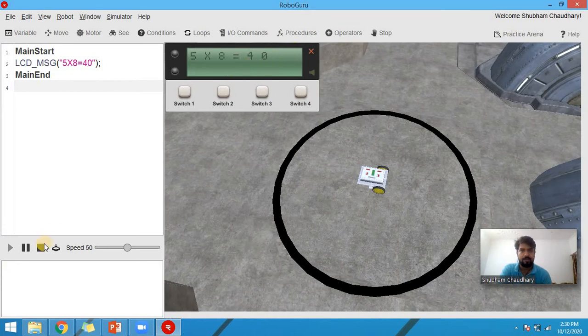Right? You can display in this way also. So anything can be displayed. You should try different things and identify what can be displayed on LCD and what cannot be displayed on LCD. To give you a hint, the rupees symbol cannot be displayed on the LCD. So if I write that rupees symbol here, it cannot be displayed. You can try different other things also, which characters can be displayed and which cannot.